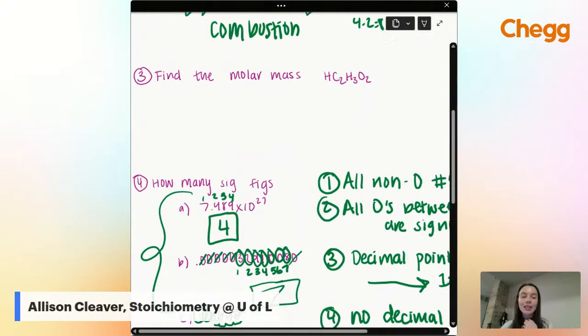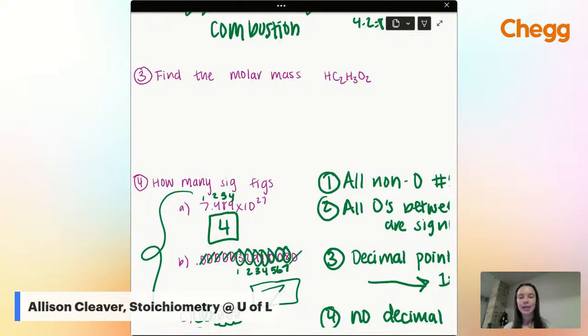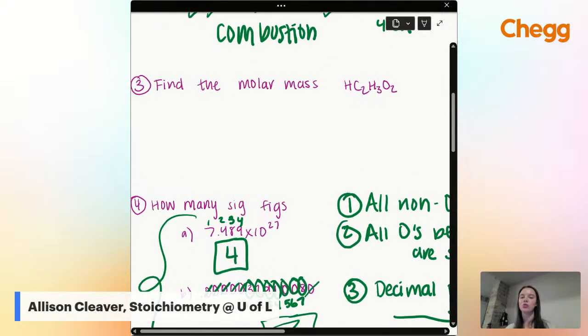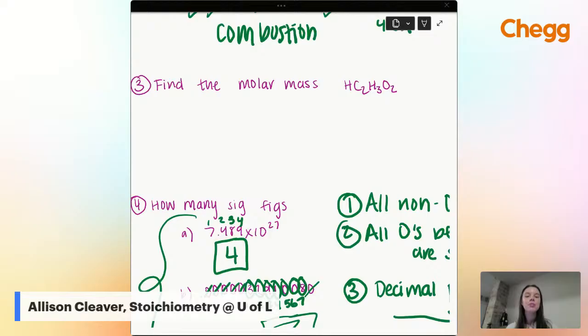So now our last warm-up question of the night is, we want to find the molar mass of acetic acid, which is HC2H3O2. I'm going to give y'all 1 minute to find this molar mass. Try to beat me to finding it. In about 30 seconds, I'm going to start solving it on the whiteboard so we can move through and get to some other questions, but see if you guys can beat me in solving this. All right, you've got about 1 minute.